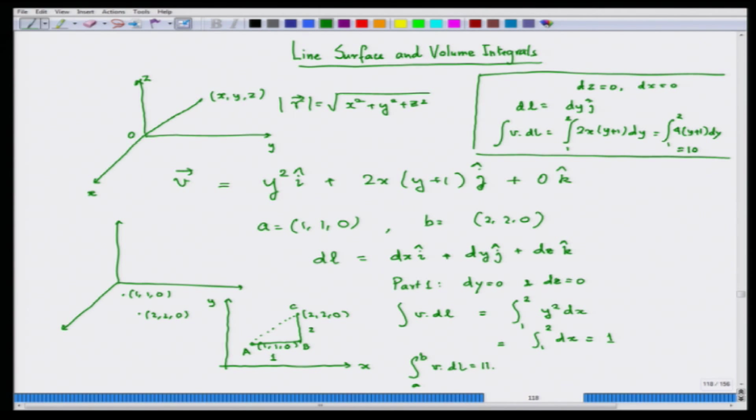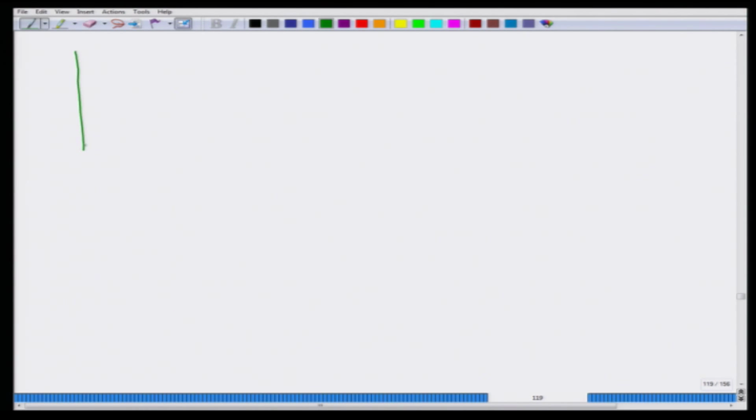So, dl would be exactly the same way we have written. Now I want to go on the straight path from 1 1 0 to 2 2 0. Here observe what is the important thing. The important thing to observe is that x is equal to y, and the second thing to observe is that dz is equal to 0. So, my integral of v dot dl